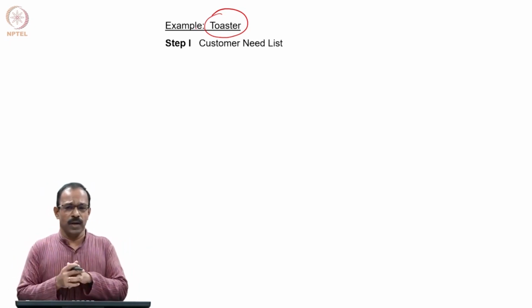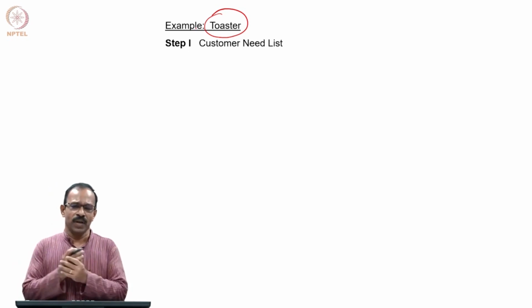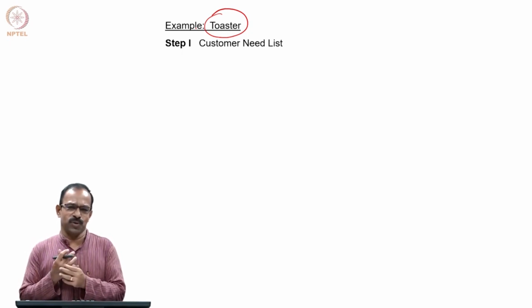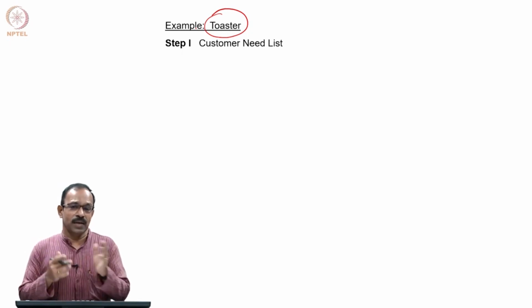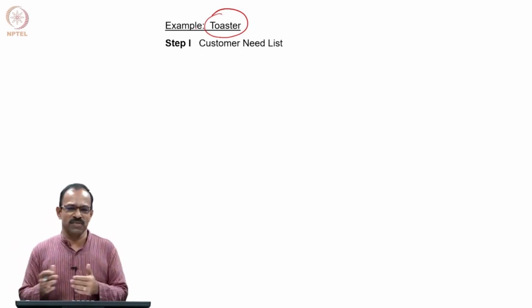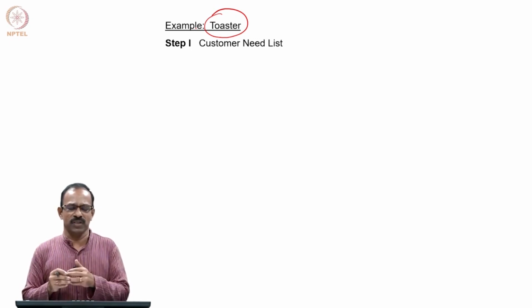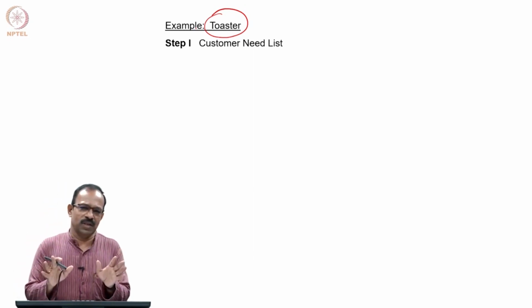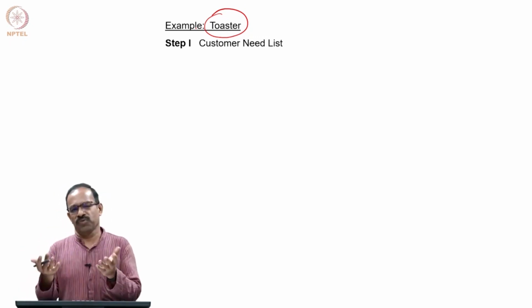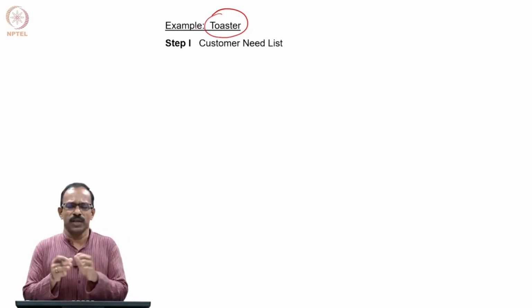But take the case of a housewife who has a husband and 2 kids at home, and she wants to make bread at home for breakfast, and she is also looking for a toaster. Her requirement will be that she wants it to be good quality. She doesn't want to replace it very often, she doesn't want to repair it very often. She is looking for a very reliable, good quality product which will do good toasting also. Even if it is slightly costly, she doesn't mind. Maybe 2 slices may be sufficient, because the requirement is also not very